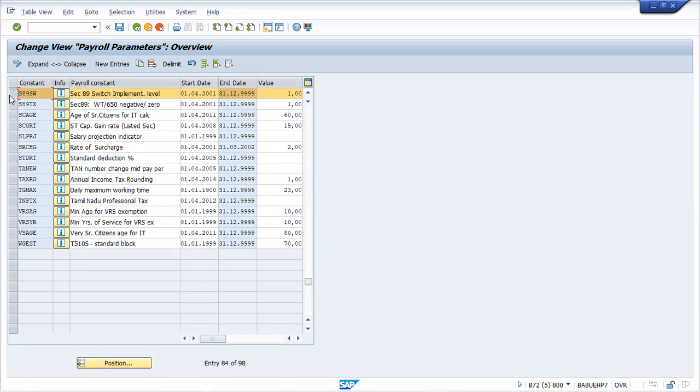So if you are setting S89SW equal to 1, that means you are giving a command to the system: dear SAP, you have to compute my section 89 relief for all the employees automatically. The first method which I told you. That is the meaning of this.